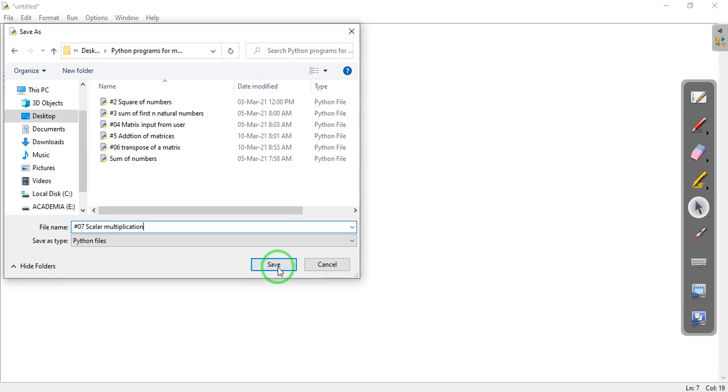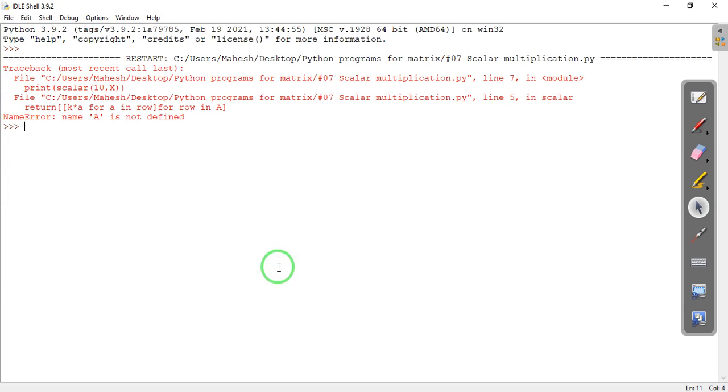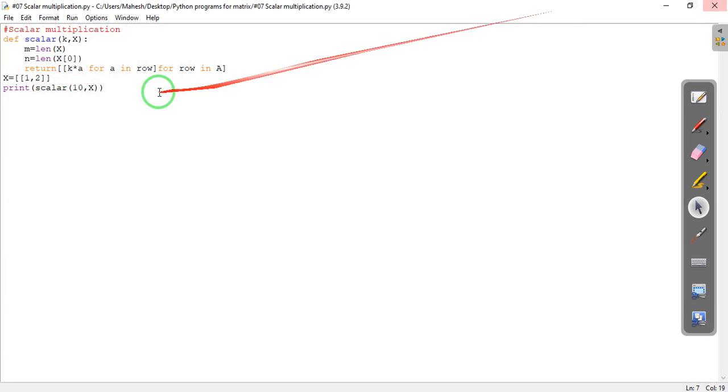We'll see if the program works, otherwise we will again change it. It's not a big issue. Name A is not defined. I guess we have written A there. Okay, this should be x. Okay, let's again compile it.